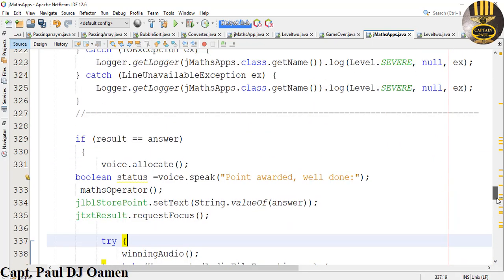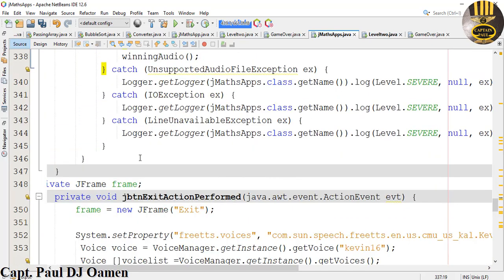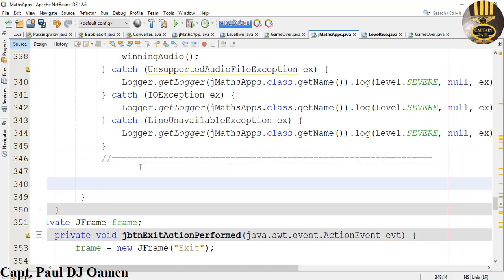Okay, finally we can now go to the level 2 right here. So let's go back in here and go to level 2 since we've got it right. So underneath here, let's use as follows. Let's say if. First of all, let me add a broken line there again. And we'll do as follows. If jLblStore,